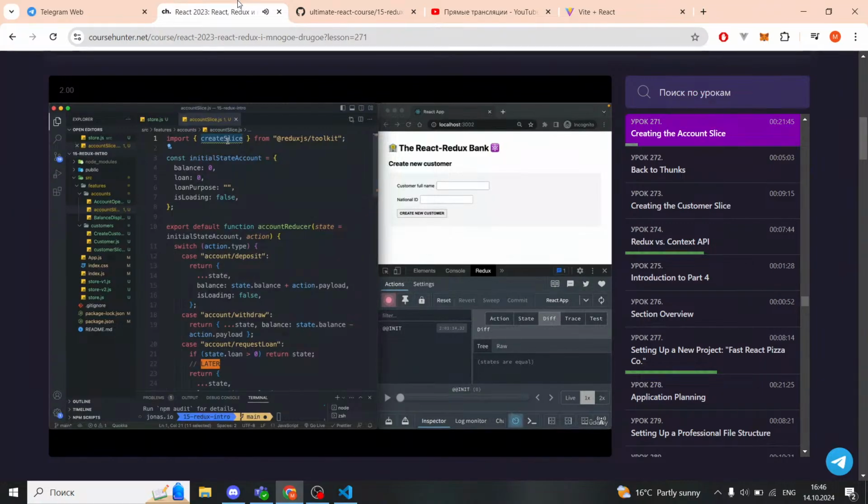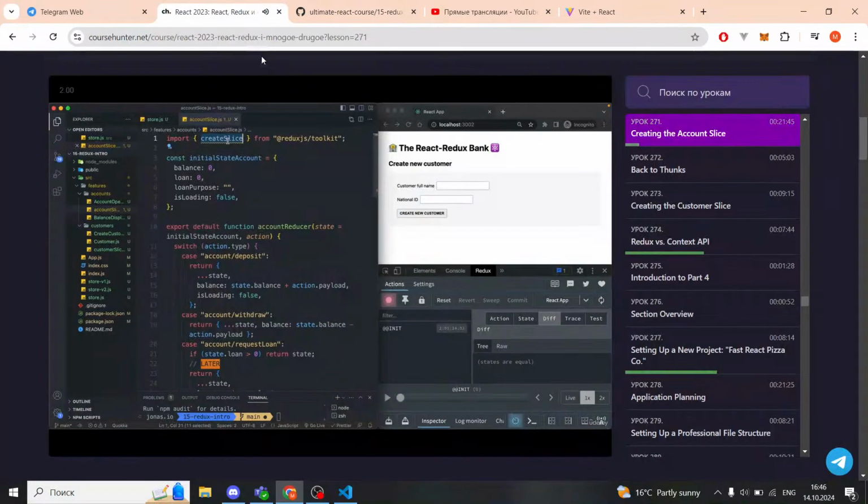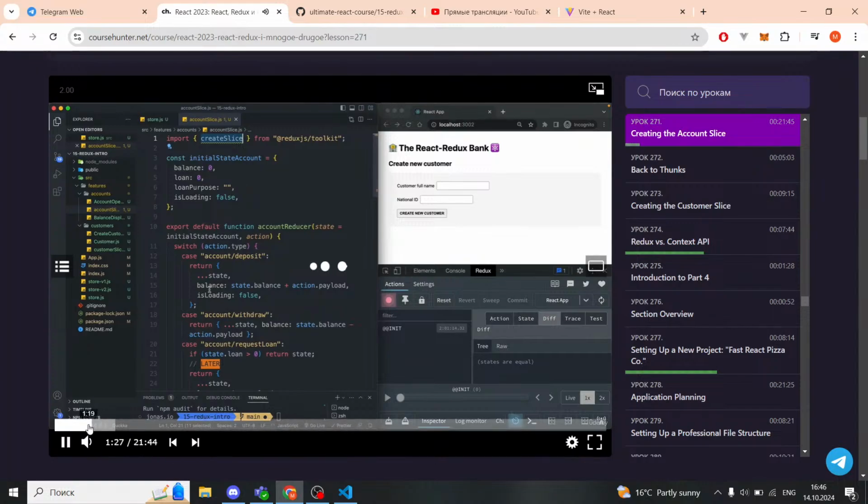Now, remember how behind the scenes, this will then use a library called immer, which will actually convert our logic back to immutable logic. So behind the scenes, Redux still requires this kind